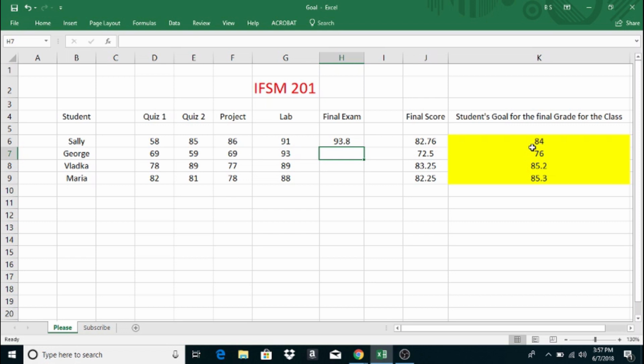But why do it the hard way when we can have Excel do it for us? And we can use the what if analysis and goal seek to find out the exact score we need to achieve our goals. Okay, click in where you have your formula,